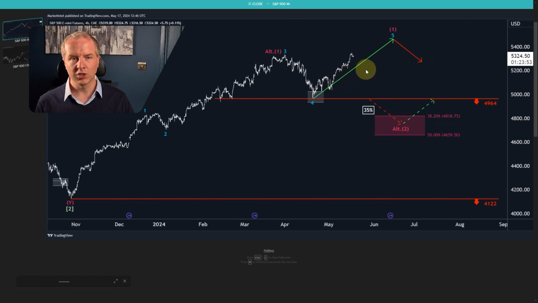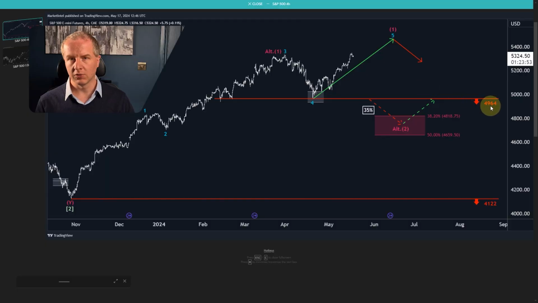So either way, we're watching for a pullback either directly and then a third wave rally, or after a little bit more upside in wave 5 in blue of magenta 1, then a pullback, and then upside trend continuation. So overall, we have quite a bullish outlook on the S&P 500. And first warning that things are going to turn a little bit more bearish would be a break below 4,964. So pay attention to that level for sure.